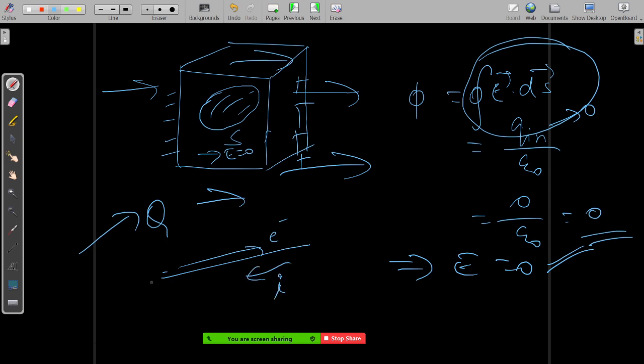But the charge cannot enter inside the conductor, right? No, charge will be there inside the conductor at any point, but the net charge will be zero. There will be free electrons inside the conductor also, but at any particular position, if you take a surface or a volume, you are not going to get any net charge. The total positive and negative charges inside the conductor will be zero. You're getting my point?